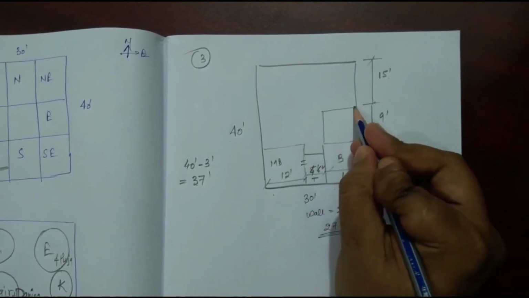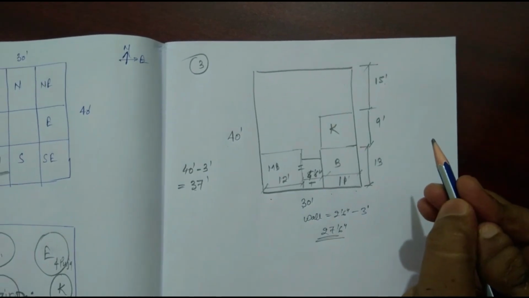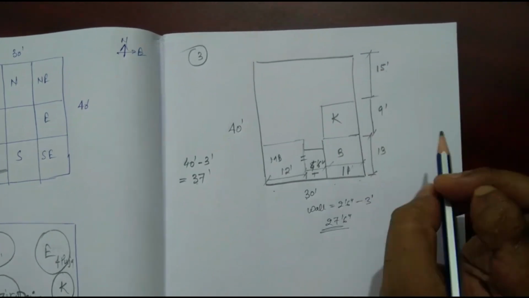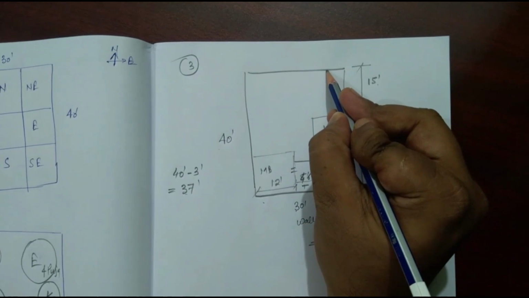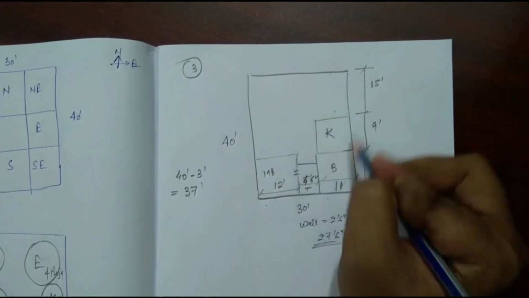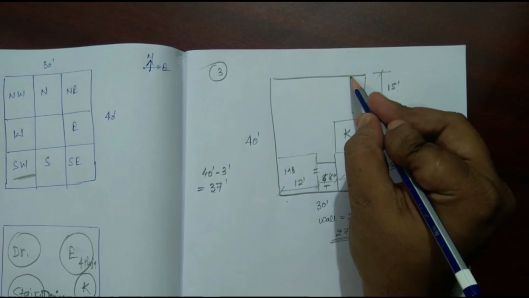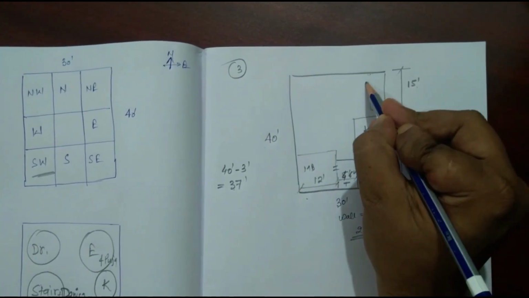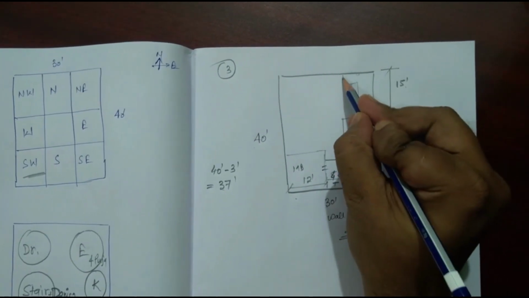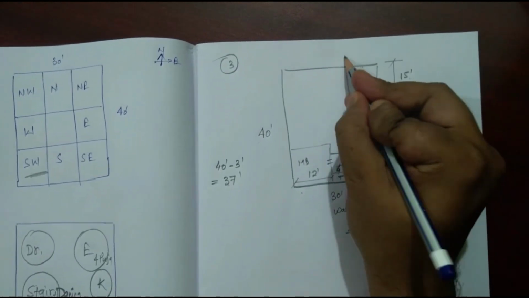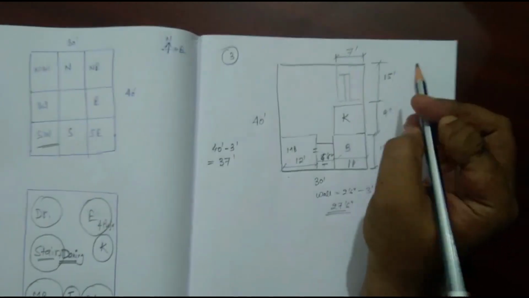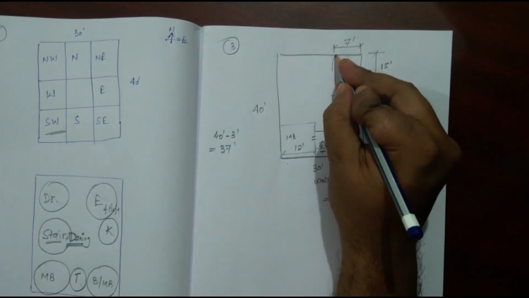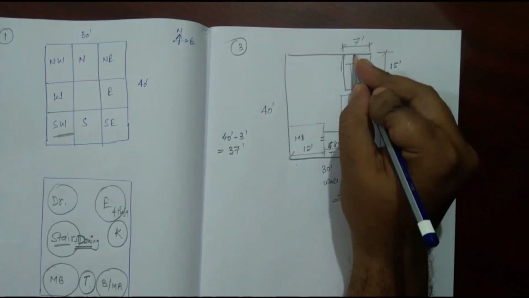Now we can give this space easily for the kitchen. 9 feet by 11 feet is sufficient for a standard size kitchen. And in the 15 feet we'll have the portico as well as the entrance. We can also give a staircase here. As you can see here, we can provide a quarter turn staircase here. This distance should be a minimum of approximately 7 feet, and the width of the stairs or the landing is a minimum of 3 feet.